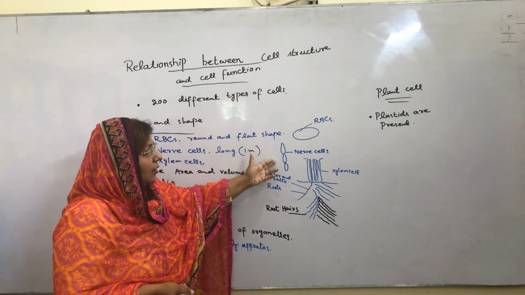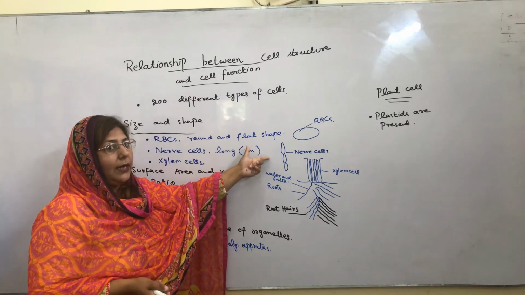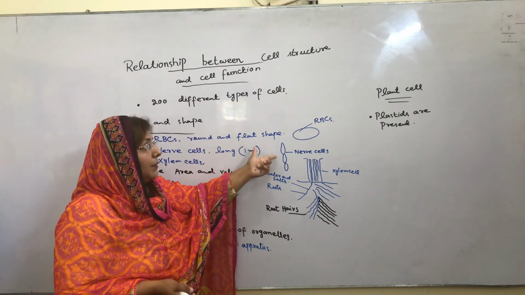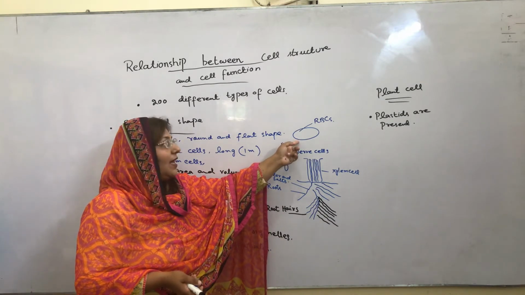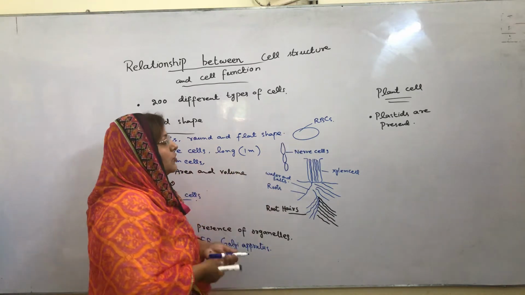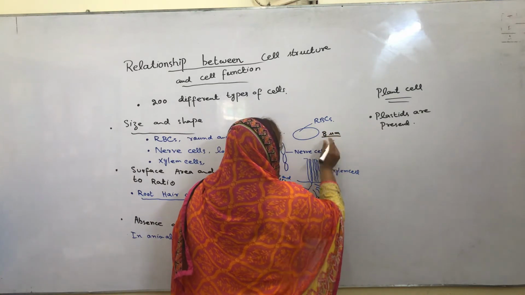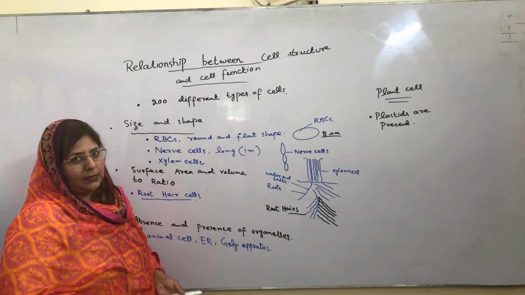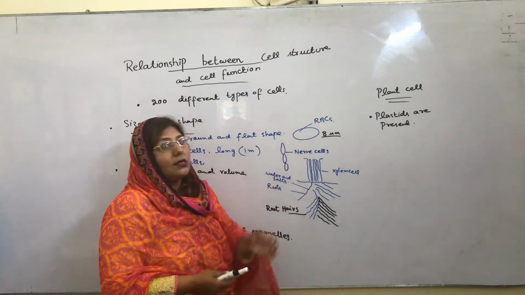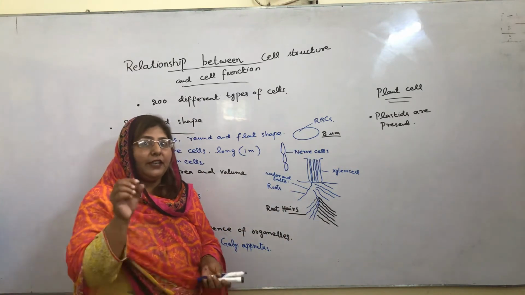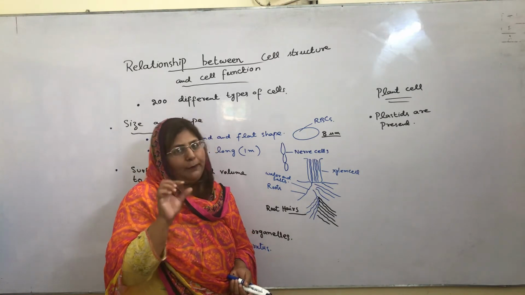As we see, these are nerve cells, they are very long. Definitely they can take message from the brain and convey the relevant part of the body. But the function of red blood cell is different, its shape is different, its size is different, because they are very tiny. Their size is approximately 8 μm. So why is their size very tiny? The answer is very simple, because red blood cells have to move in very small blood vessels in the body, and these small blood vessels are called capillaries.